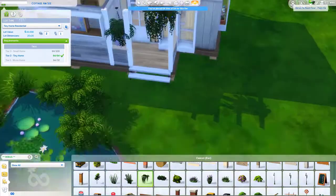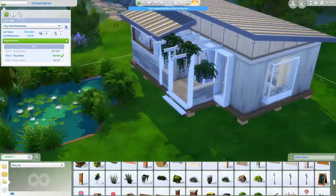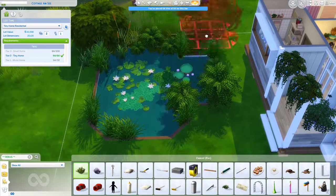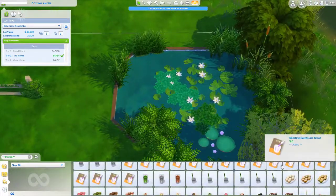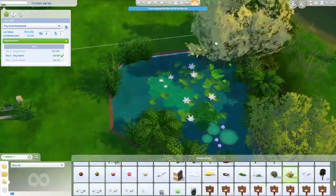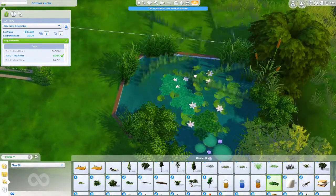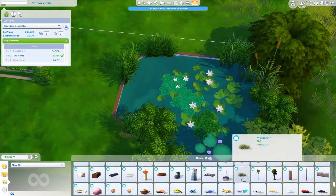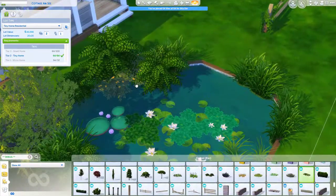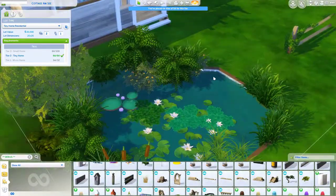So everything that your Sim cannot interact with, everything you see on other houses or other lots that are not usable, or just plain decoration, these are all of those objects. Some of them don't look very dimensional because they're not meant to be looked at up close, I guess is what I'm trying to say. So yeah, some of them I don't like, but I had a lot of fun using them to clutter up